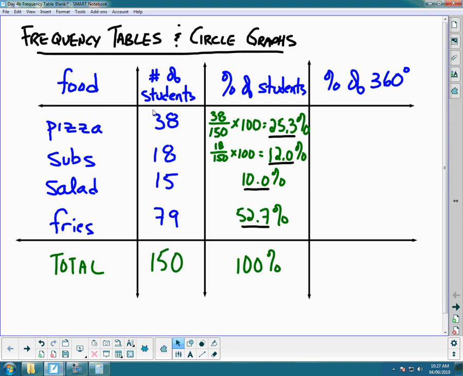Now, the other thing we can figure out is a degree. If we were to draw a circle graph, we would need to know how many degrees of the circle each section would be. So this time, instead of finding the percentage of all the people, we're going to find the percentage of 360. And I'm sure we know that the reason we're doing the percentage of 360 is because a circle is 360 degrees. So we need to know how many degrees that